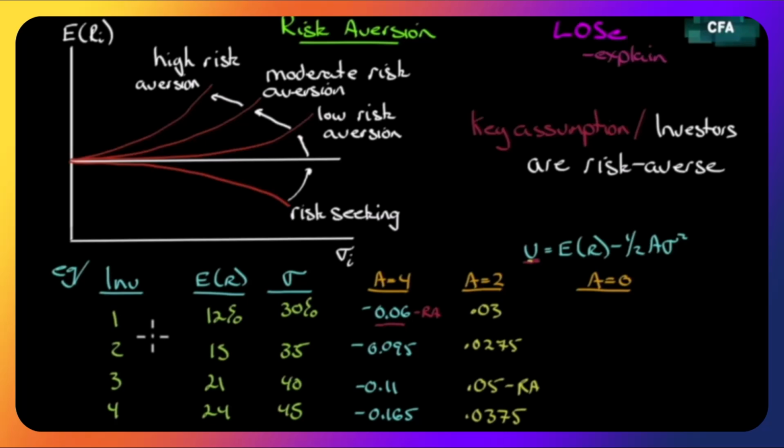What about A equals 0? Well, if A equals 0, what happens to this term? This whole term becomes 0. So what does this whole column become? It's just a replication of what we have here, 0.12, 0.15, 0.21, 0.24. U equals these. Since we're trying to maximize U, this is the selection that we would take if we were risk neutral. And if we were risk-seeking, again, I don't agree with this, but if we were risk-seeking, we would